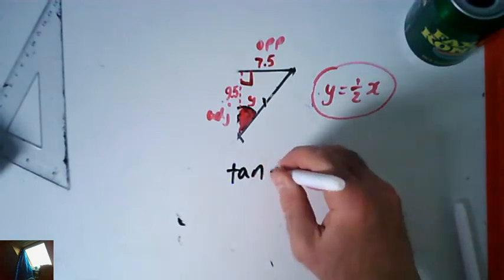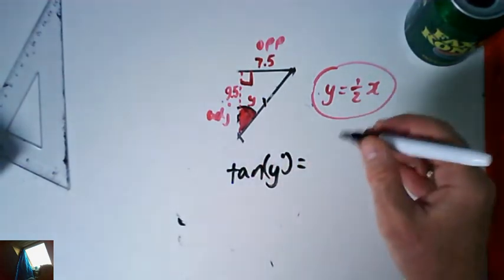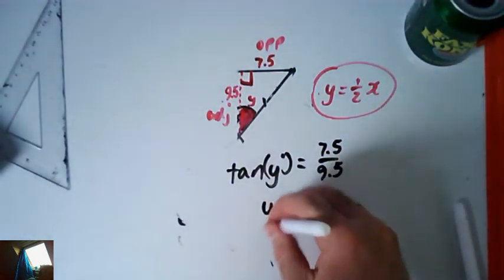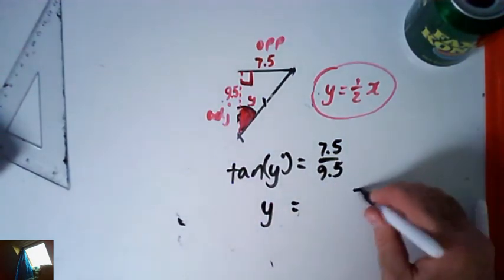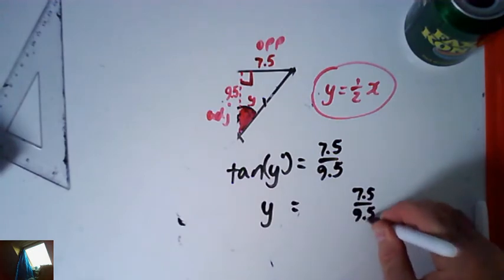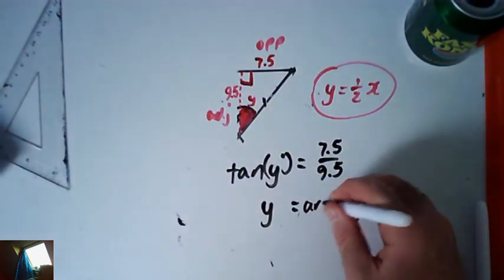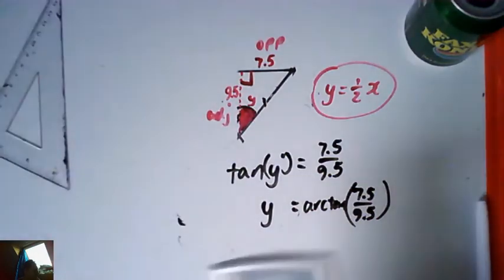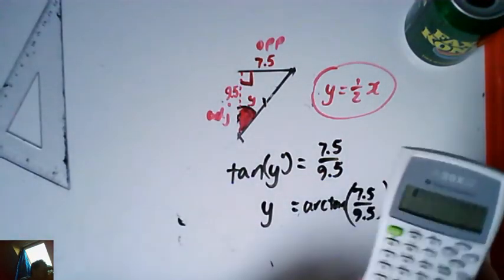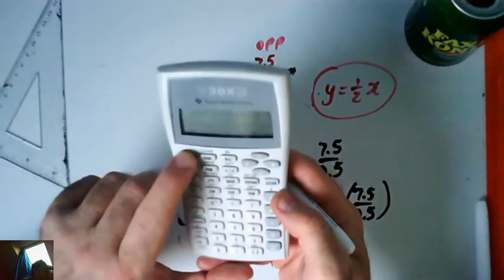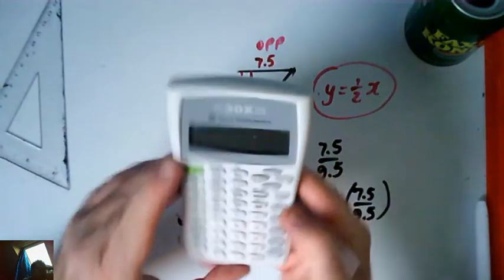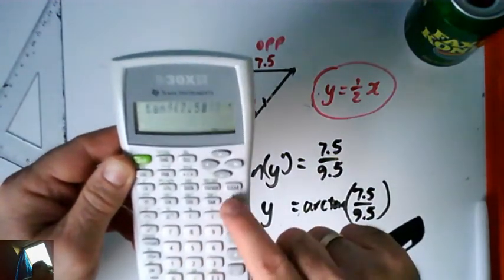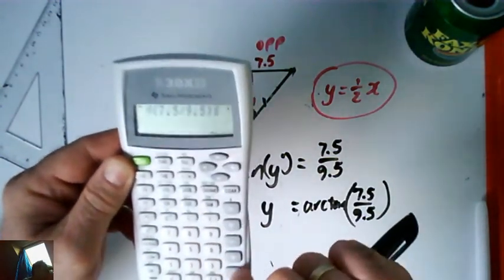So tan of y is going to be opposite over adjacent, 7.5 over 9.5, and then y itself is going to be not the tan of 7.5 over 9.5, but we want to untan it, so it's going to be the arctan of 7.5 over 9.5. So I can get the calculator on that. So shift tan, open brackets, 7.5 divided by 9.5, close brackets, equals